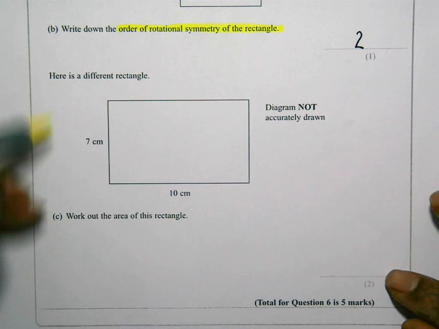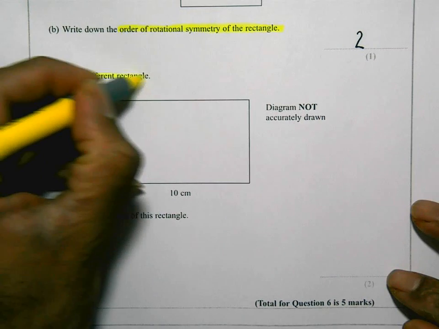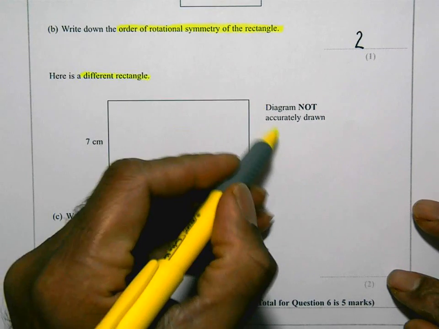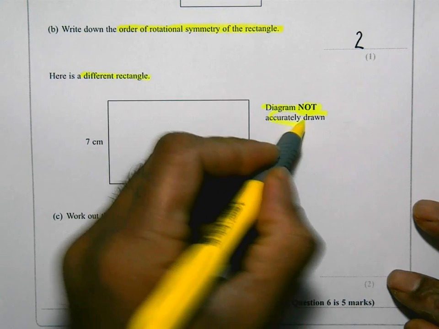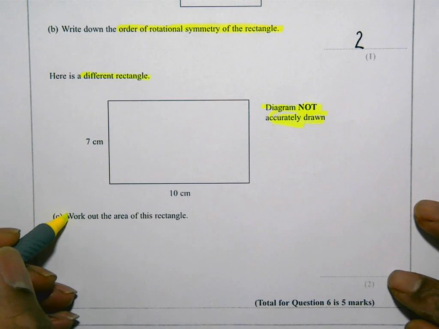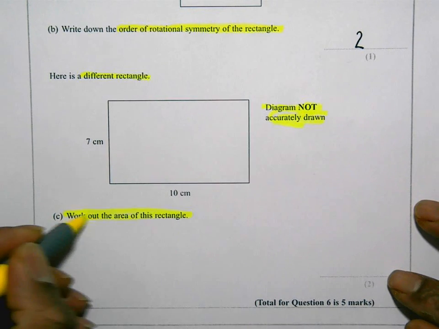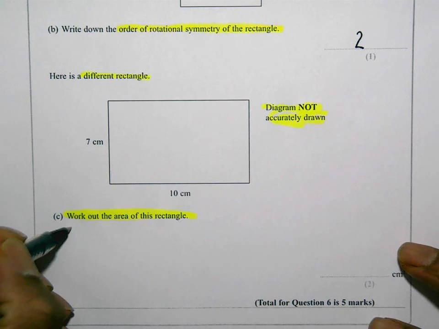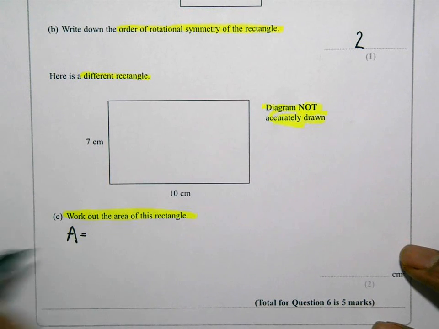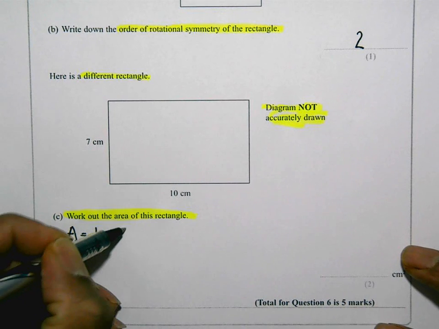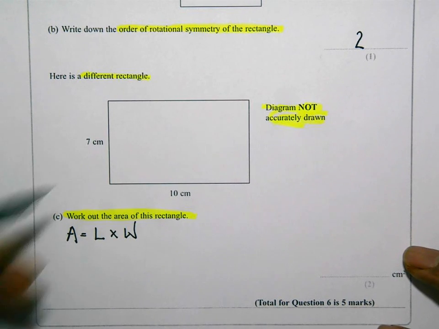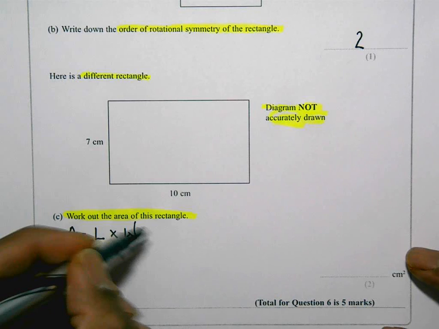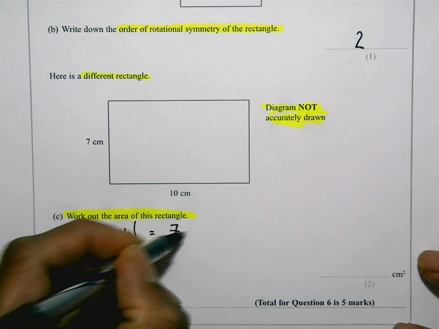Here is a different rectangle. So they've said that the diagram's not drawn accurately, so I can't measure, I don't need to measure. The question says work out the area of this rectangle. That is pretty straightforward. To work out the area of a rectangle, is its length times its width, right? The length is 10, the width is 7, so that's 7 times 10, or 10 times 7,